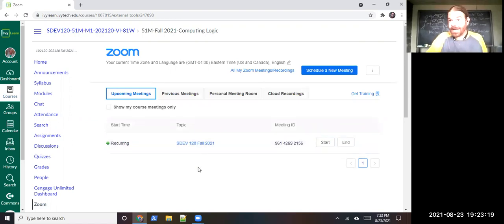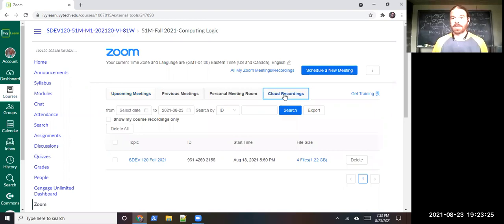So I made a second page that I have control over, but if you go here, there's a tab for cloud recordings. And it will be there as soon as it finishes processing, which usually seems to take about 20, 30 minutes for a 2-hour lecture. Seems to be about how long it takes. But like I said, I don't have any control over that page. I also put one under modules. If you go to modules,